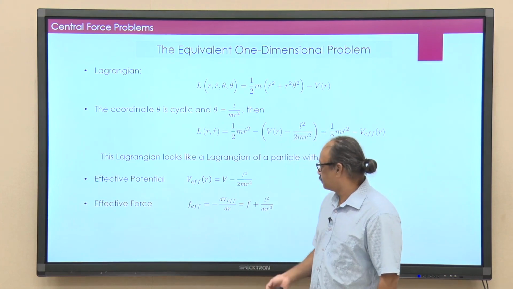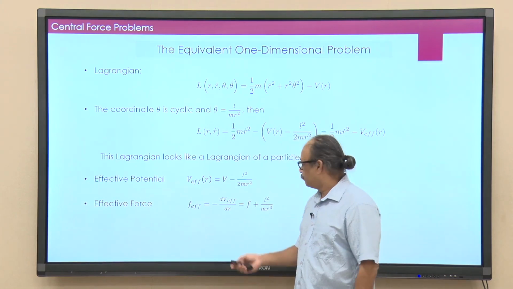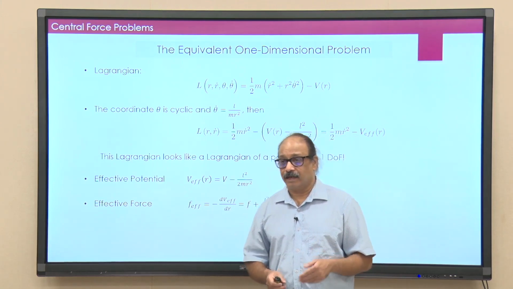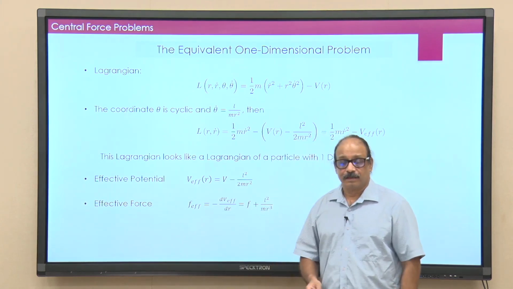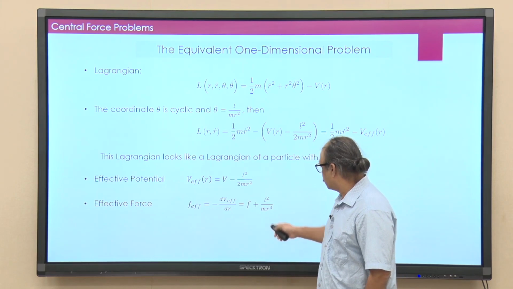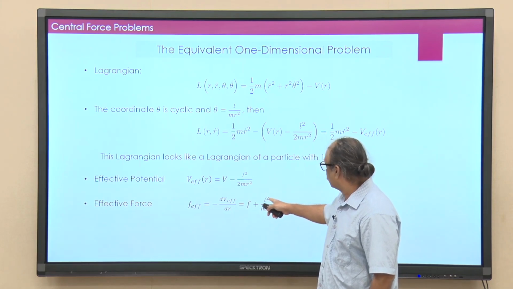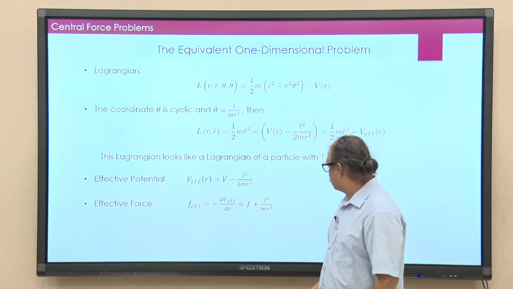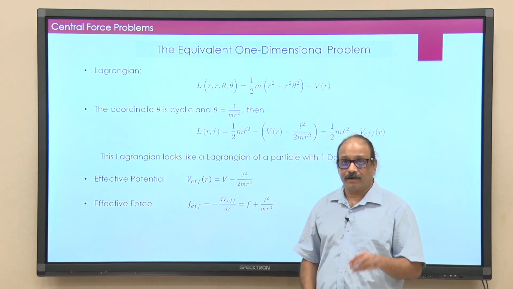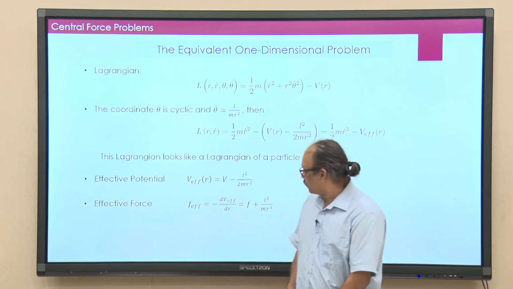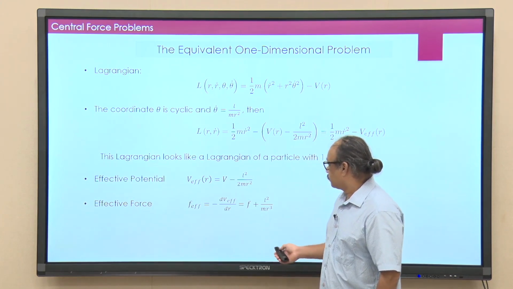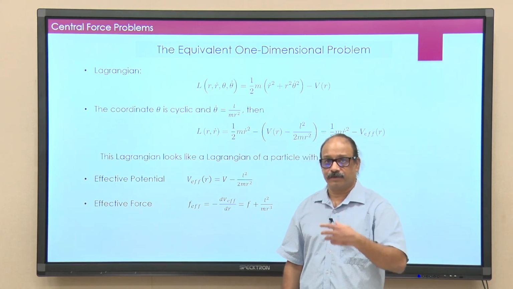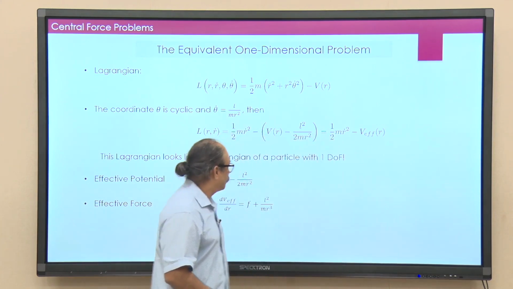This is what you would have done in 12th standard, where you would have treated this problem in the rotating frame, and in the rotating frame you typically add this centrifugal term. So, you can see that centrifugal, and if you substitute L is equal to m r square theta dot, that simply becomes m r theta dot square, or m r omega square as we comfortably call it. So, this is the effective force. So, basically effective force is nothing but central force plus the centrifugal term.